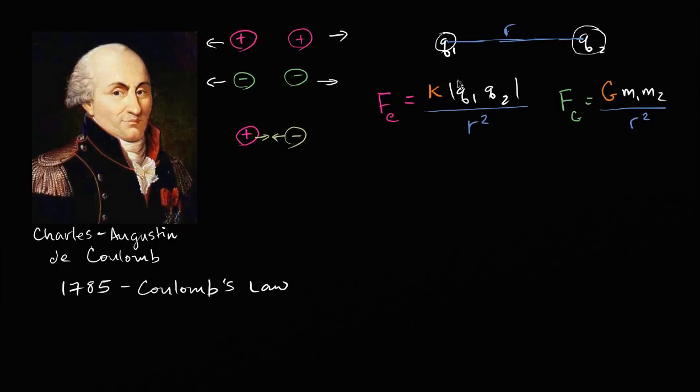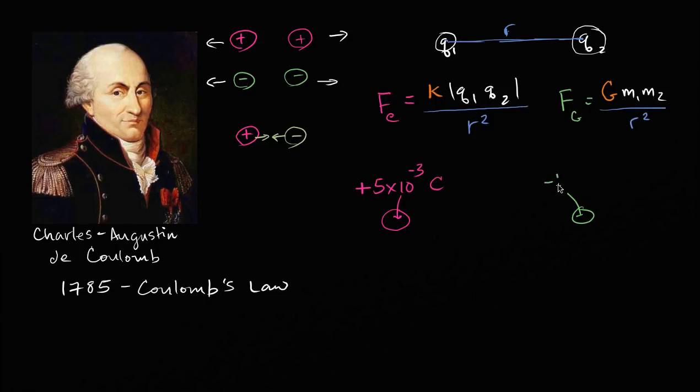But with that said, let's actually apply Coulomb's law just to make sure that we feel comfortable with the mathematics. So let's say that I have a charge here, and it has a positive charge of, I don't know, let's say it is positive 5 times 10 to the negative 3 coulombs. So that's this one right over here. That's its charge. And let's say I have this other charge right over here, and this has a negative charge, and it is going to be,